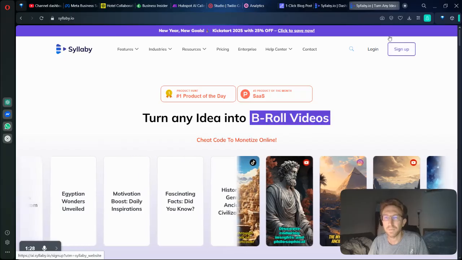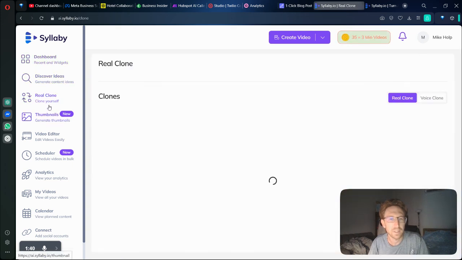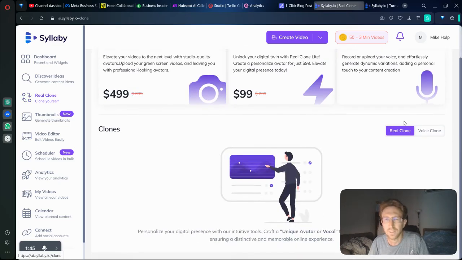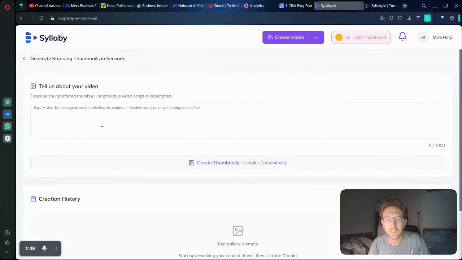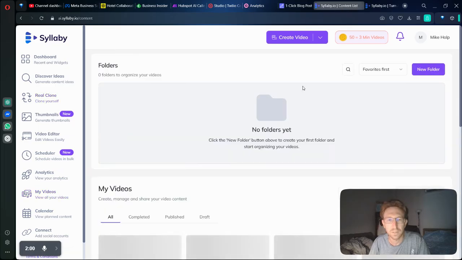I've just signed up for my free account, and now I'm in my dashboard over here. This is what it looks like when you log into Syllaby. Apparently it can discover ideas. You can create a clone of yourself, which I didn't even know was possible, so I can do that later. It can also create thumbnails using AI, which I'm personally using vidIQ for right now. That also has a feature to create thumbnails using AI, so I don't really need that, but I mostly just want to see what it can do in terms of